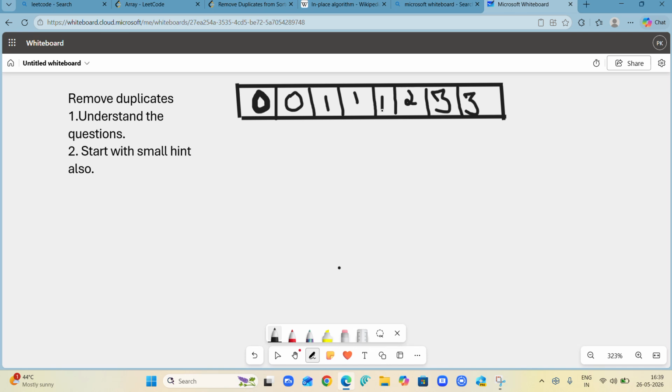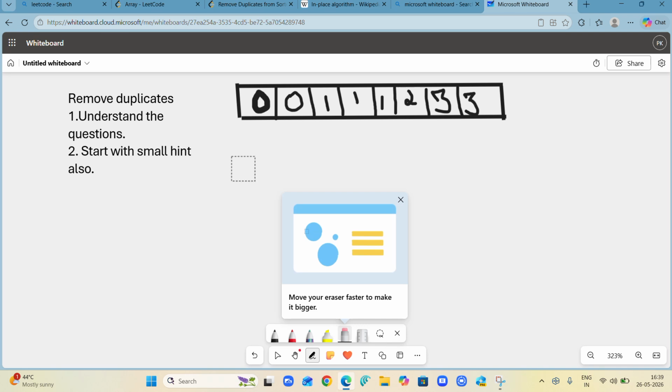So the very simple approach that might come in your mind, and it might come in my mind also: the question has asked me to do it in place, meaning don't create a separate array. But suppose I would have created a separate array over here like this. Wait a second. Oh, let me erase it.